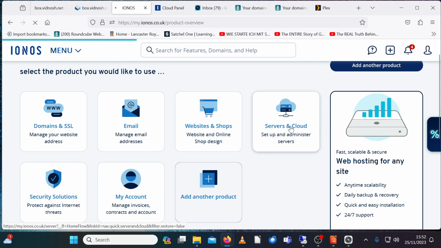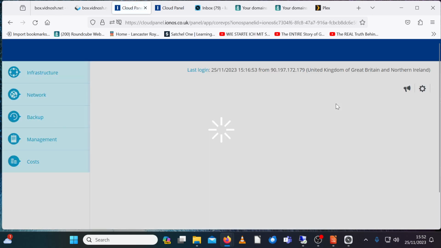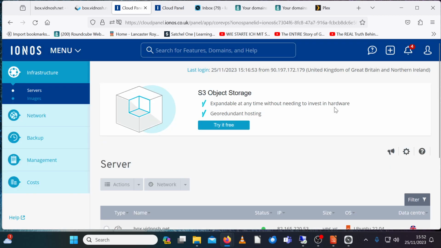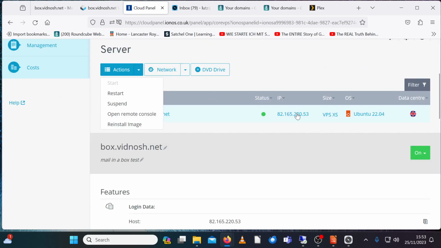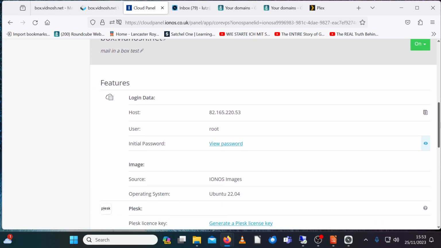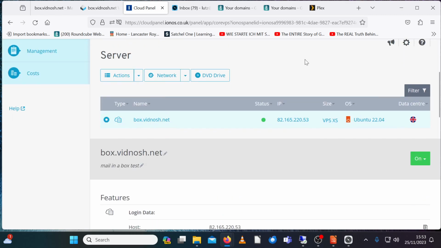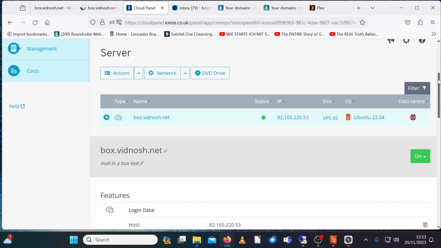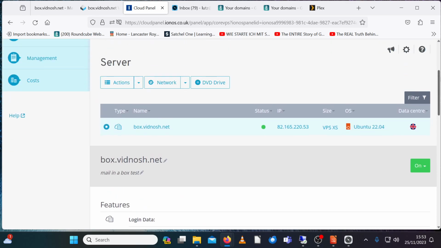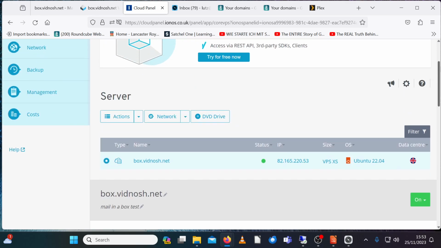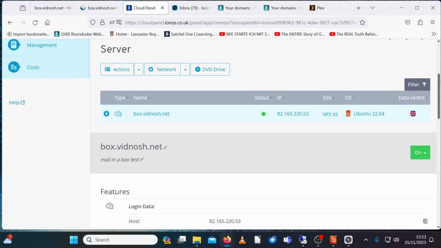And then when your Gandhi domain expires, you can always decide what you want to do. If you want to renew your domain with Gandhi, then that's fine. You can just buy a new server on Ionos and then connect the domain to the Ionos server again, or whatever. So there are a lot of options, and with Thunderbird you can always transfer your